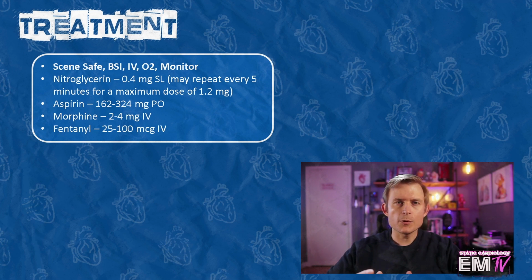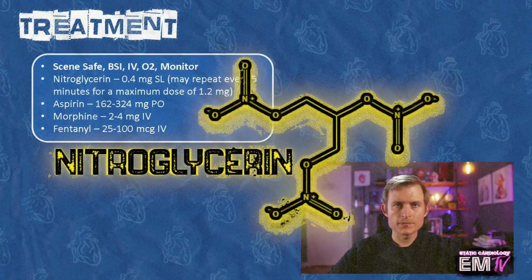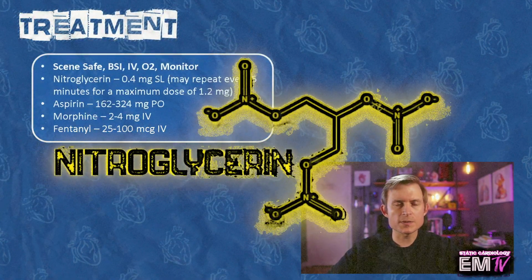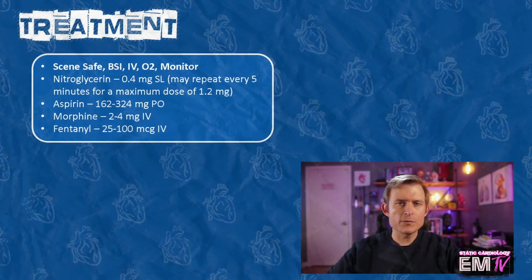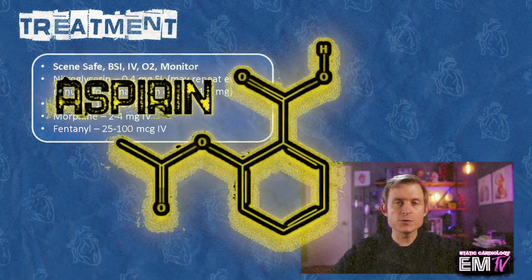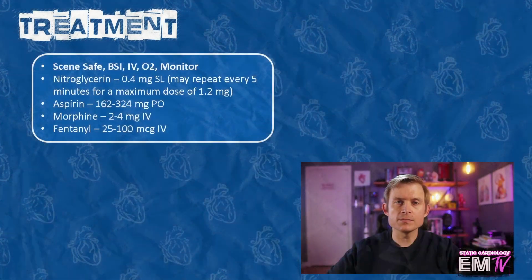To treat that, I'll begin by administering nitroglycerin. 0.4 milligrams given sublingually as a tablet or as a spray every 5 minutes to a maximum dose of 1.2 milligrams. The next medication I'll administer is aspirin, 162 to 324 milligrams given by mouth. This usually works out to 2 to 4 tabs of baby aspirin, and this is chewed by the patient. Chewing the aspirin allows a much more rapid onset. And be aware, the aspirin isn't here to treat pain. The aspirin is actually to prevent platelets from sticking together and potentially making a coronary thrombus worse.